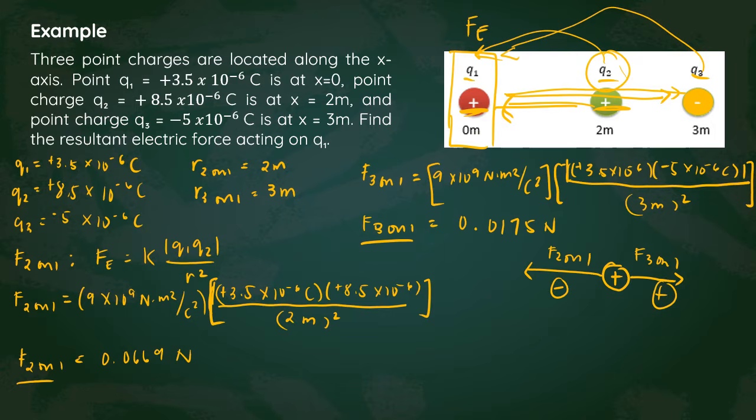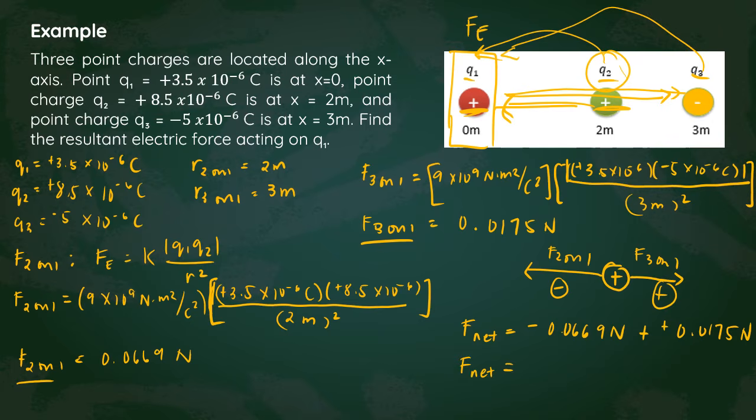So our F net, or our total force, the vector sum of the forces acting on Q1: F2 on 1 is negative 0.0669 newtons, plus F3 on 1, since we consider it as positive direction, that's positive 0.0175 newtons,